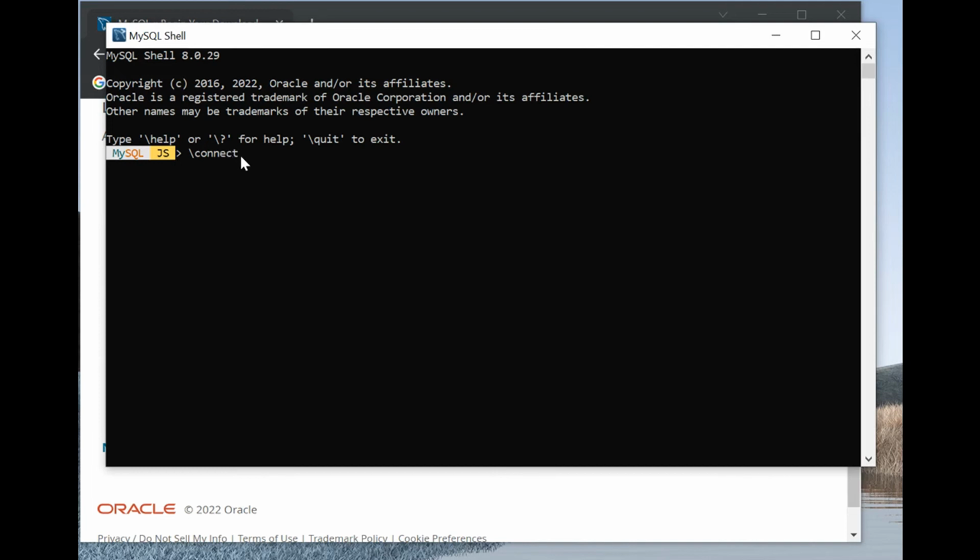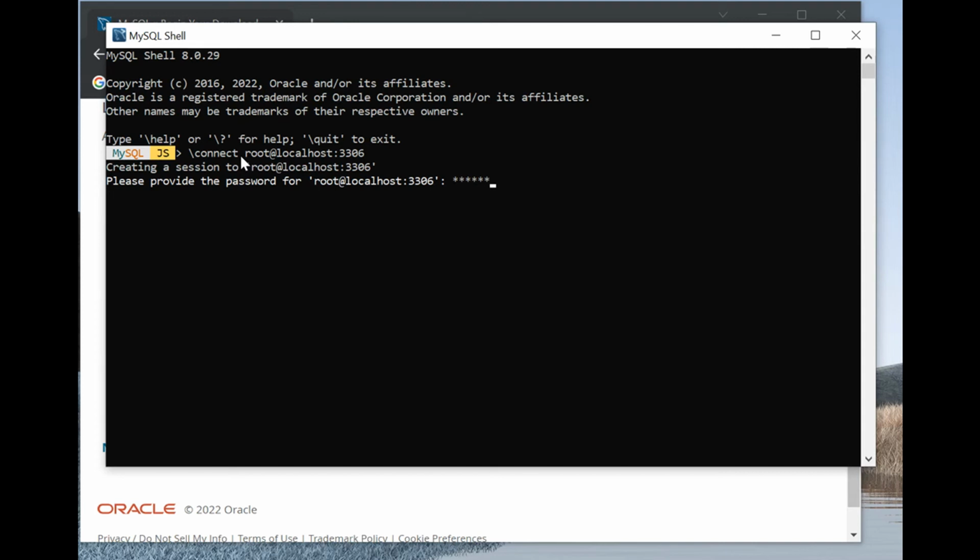Connect as root, that's the default name, at localhost, because we installed on our local machine, so it's always localhost, and remember the port number is 3306, that's the one we need, and hit enter, and then we need to provide the password,